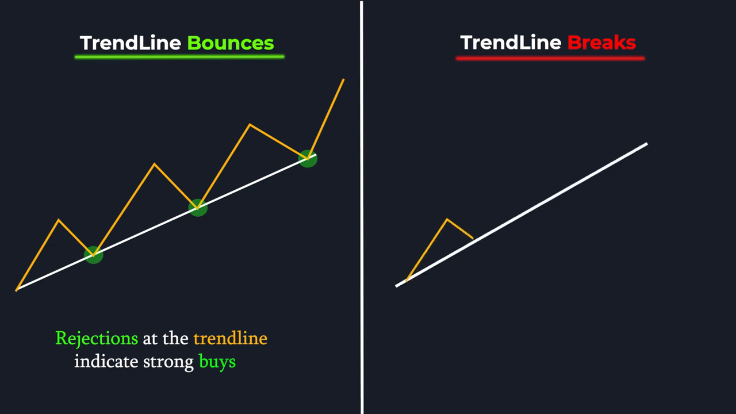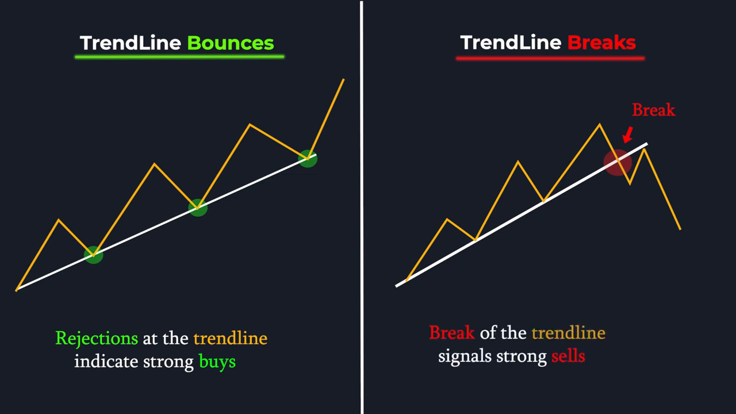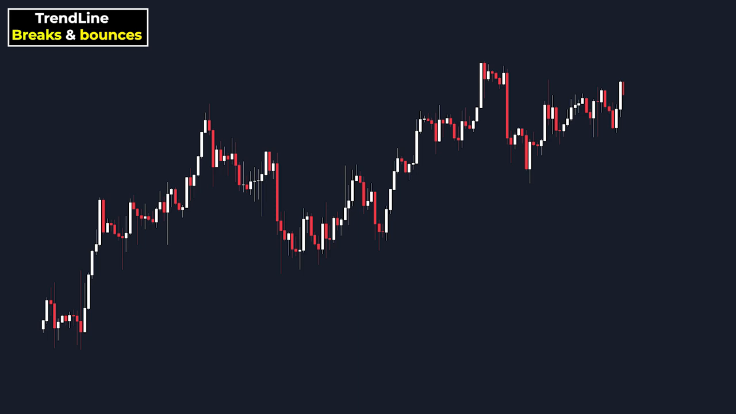Trendline breaks happen when price falls below the trendline, meaning the uptrend might be weakening or reversing. In an uptrend, the price moves higher, making higher lows. We draw a trend line by connecting these lows. When the price comes back to touch the trend line and bounces up, it means buyers are still strong and